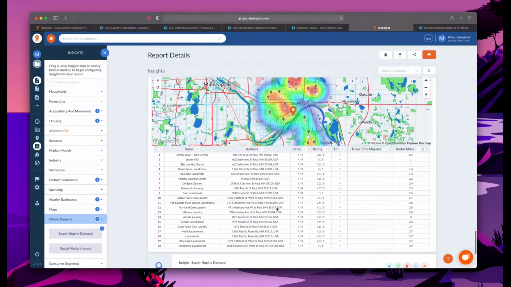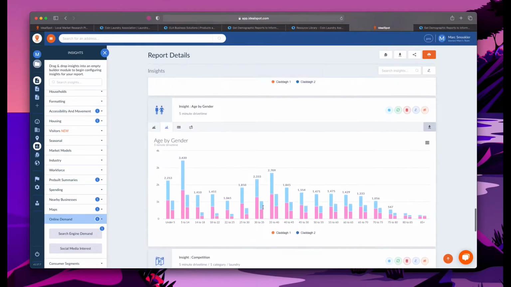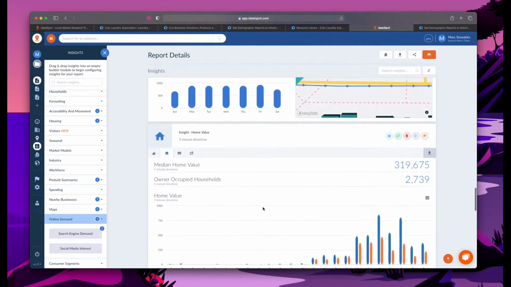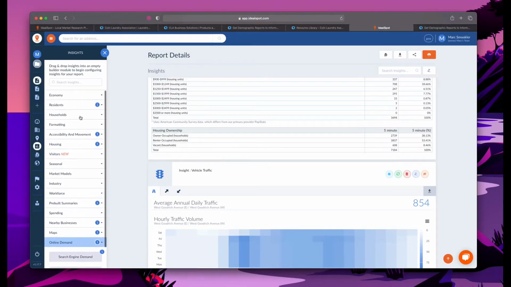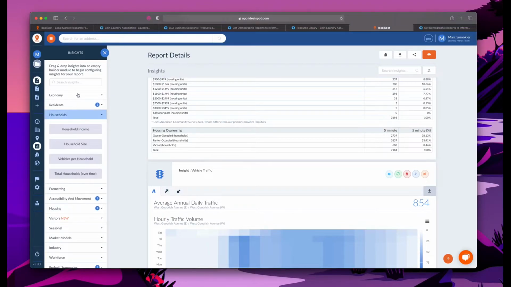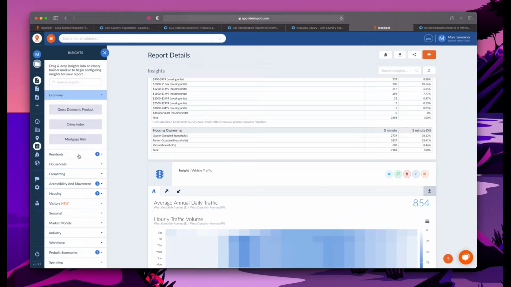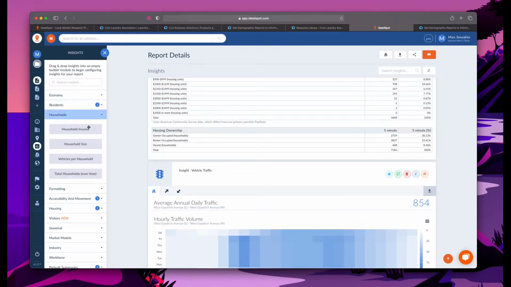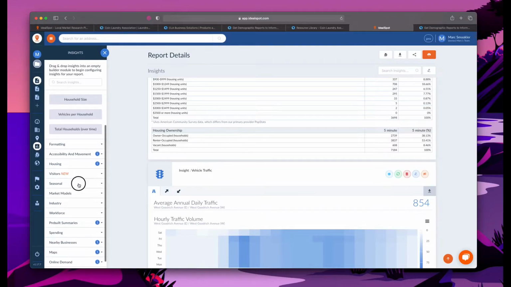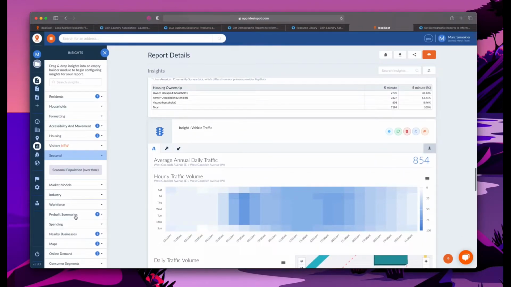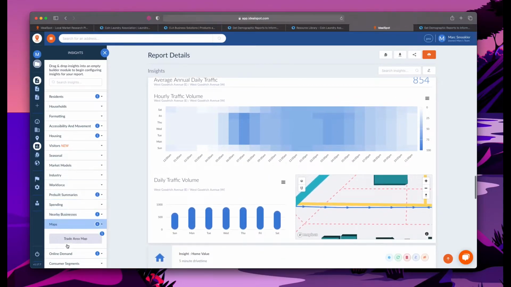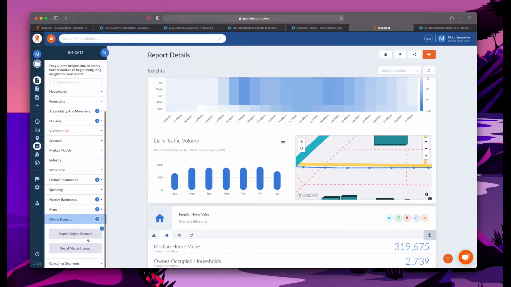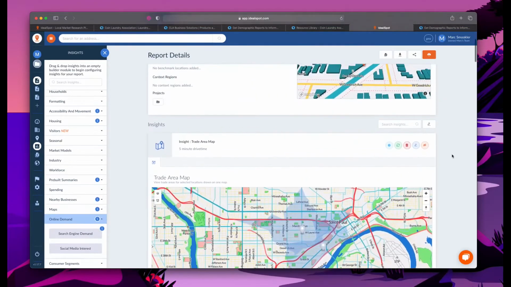Again, it helps to build this story, if you will, using data to get a sense of will this compare, or from a data perspective, does this look similar to a really good location that I already know? There's a bunch of other different data sets that we have in here as well. Some of these are already going to look familiar because we already included them, but you can just click through here and you can see all the different options that we have for the different maps and the different data sets that we have. So now that you have a report, what do